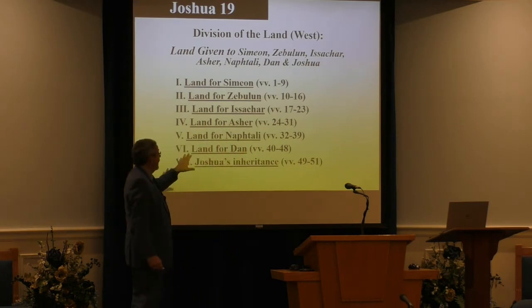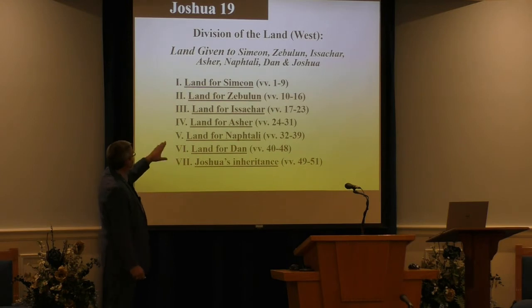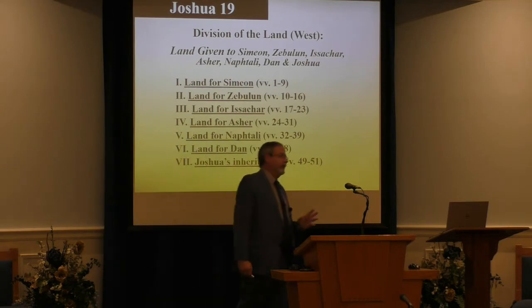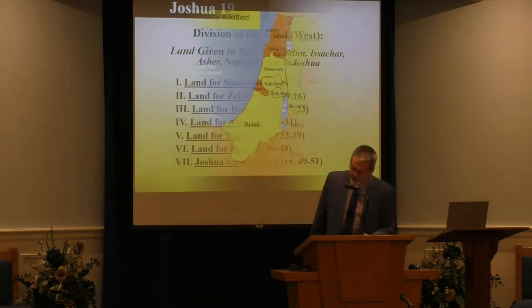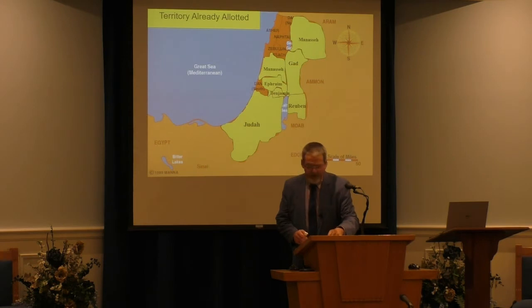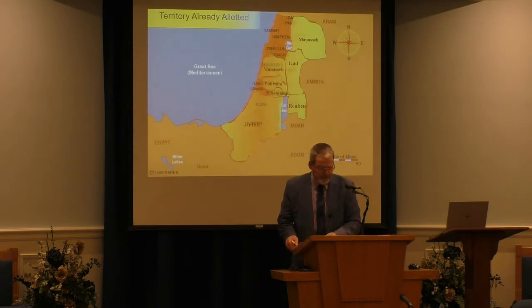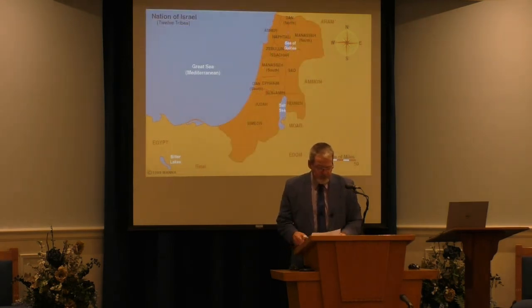And then the land for Zebulun, 10 to 16. Issachar, 17 to 23. Asher, and then Naphtali and Dan. And so we're going to quickly work through these. We're not going to take all night to do this. So let's start making our way through that, and let's start talking about the land that was given to